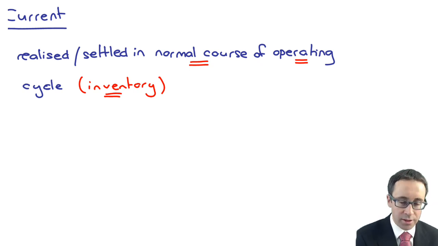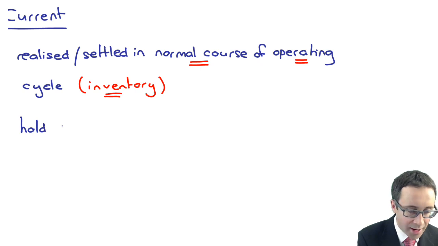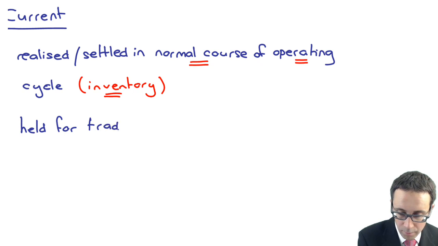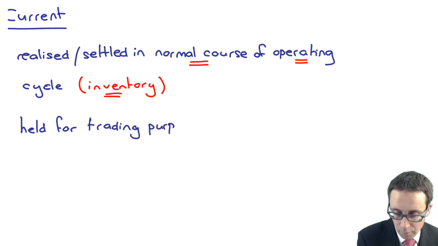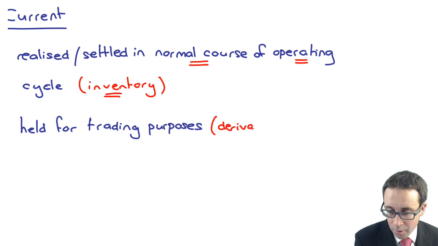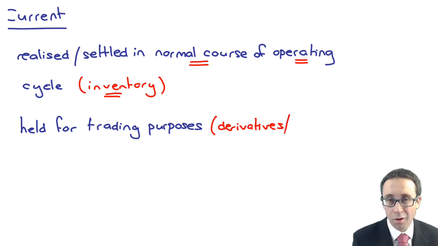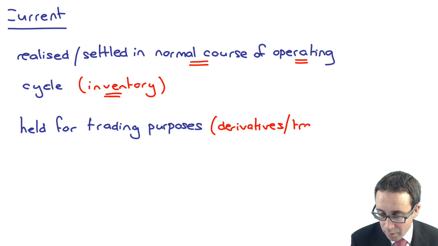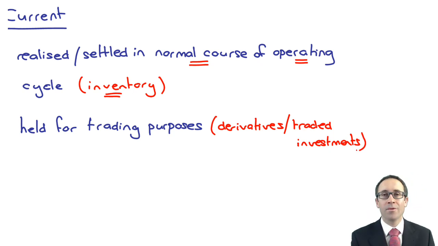Okay. The other situation that you have as well is that you have a financial asset, or an asset or liability, I should say, that is held for trading purposes. Okay. So things that you are looking at there may be a little bit too high level, but derivatives, or maybe coming back to our level, if you like, traded investments. So investments that you intend to sell in the near future instead of holding for a longer period of time. Okay, so if you're holding it for trading purposes, so a traded investment or a derivative, then that will be